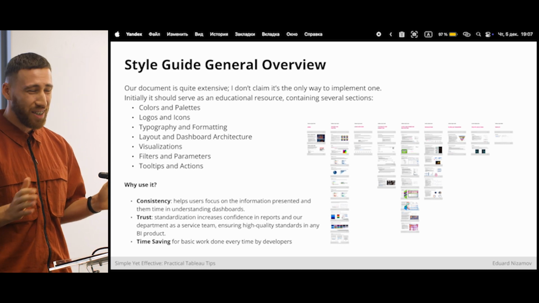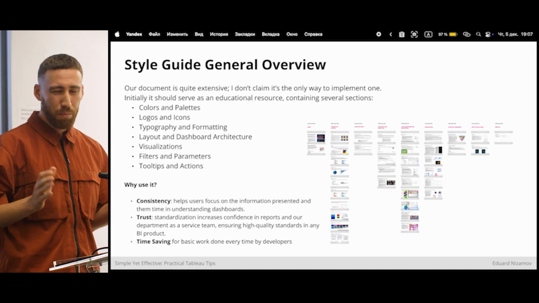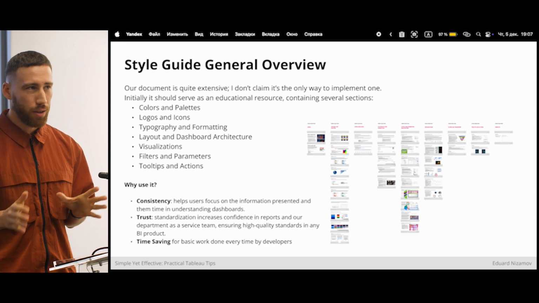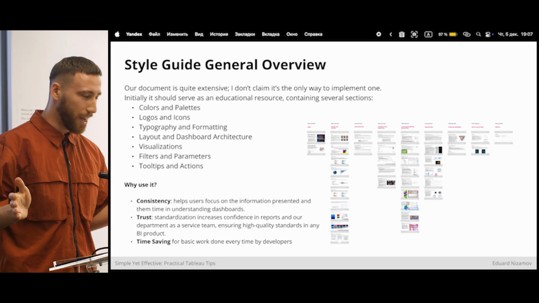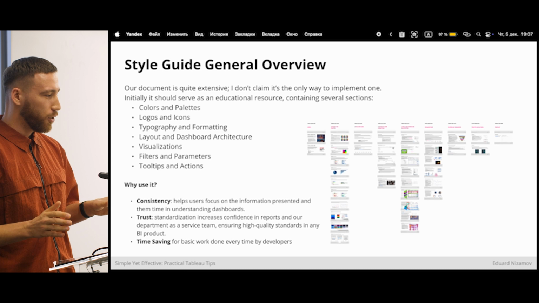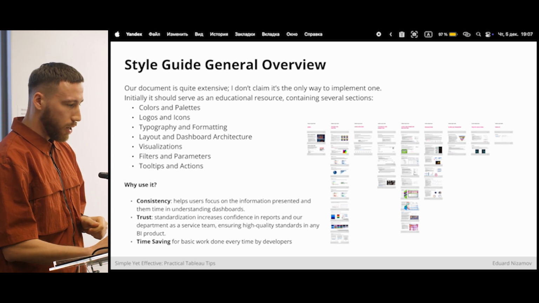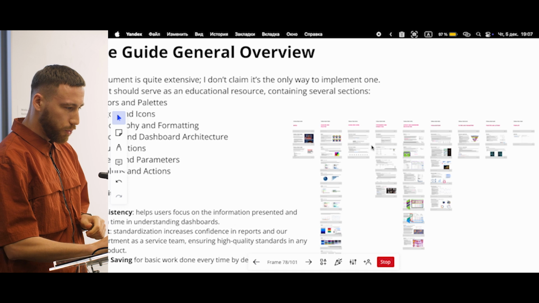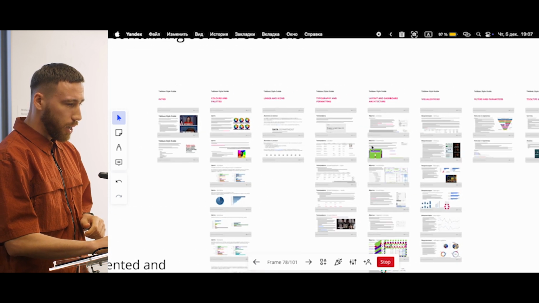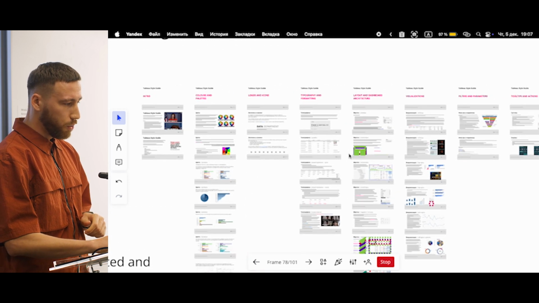So, how it looks for us in our company. Our document is quite extensive. I should say I don't claim it's the only way to implement one, and it's the best of its kind. Initially, it should serve as an educational resource containing several sections. I will not share with you